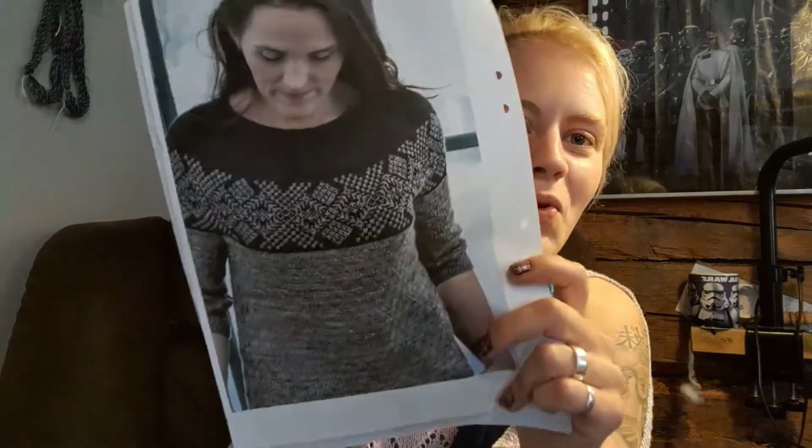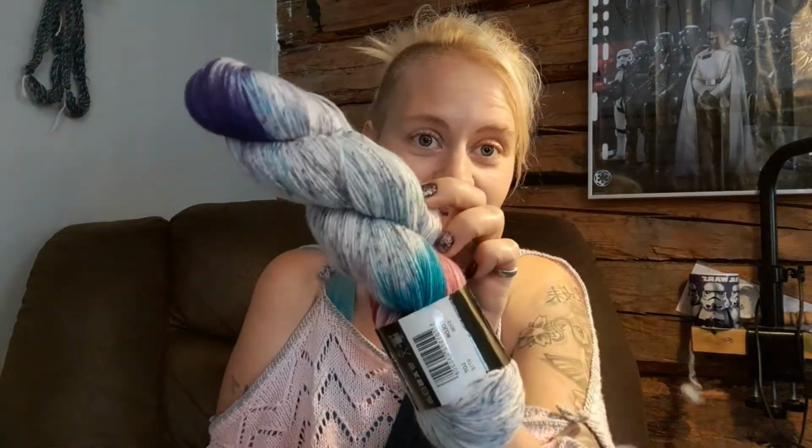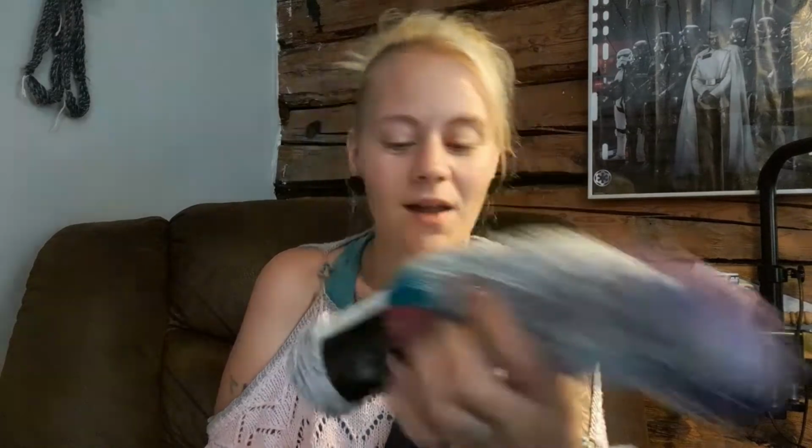And if you are a returning viewer, you know this is all my type of colors, because I'm light gray and black and muted colors. I'm not a color girl. And I had to buy new yarn for this one. That's really surprising though, because I have a big stash. So I did order some new yarn, and this yarn is really super fancy, and it's so vibrant in colors. No, it's just shades of grays, but the yoke will have this one to contrast colors, and it's the yarn